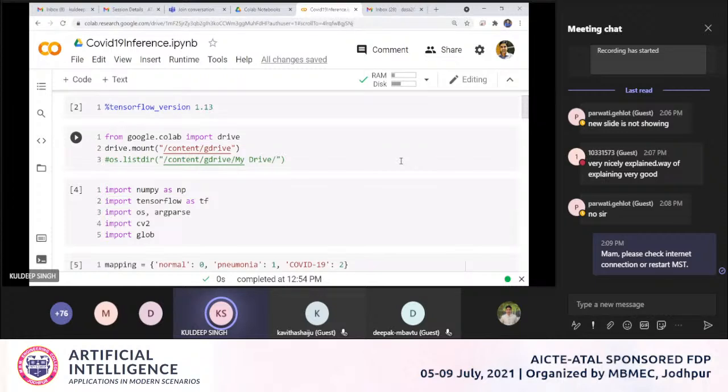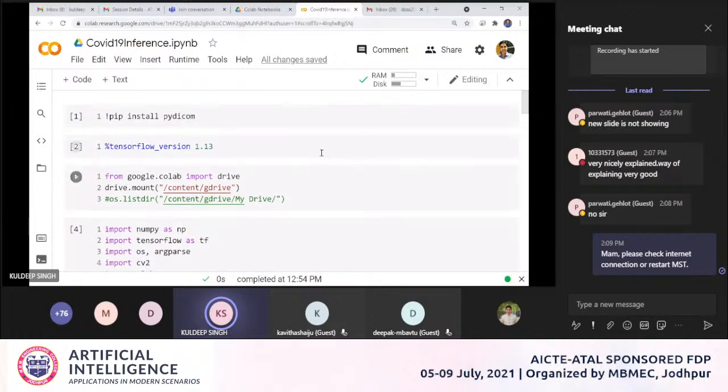The Google Colab platform provides you storage for 24 hours only. Whatever you have stored or uploaded on Google Colab will remain for 24 hours or as long as your session is active. After 24 hours, whatever data you have uploaded won't be available to you. So the idea is to mount your Google Drive to Google Colab. Google Drive is persistent storage and the files will remain even if your session with Google Colab is disconnected.